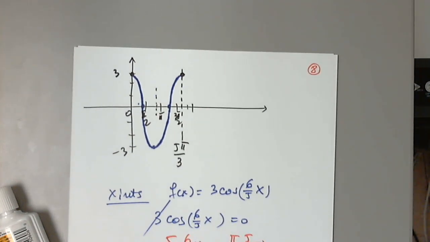Any questions on how to graph a cosine of this kind? I have a question. Please do. So, when you find the x's,